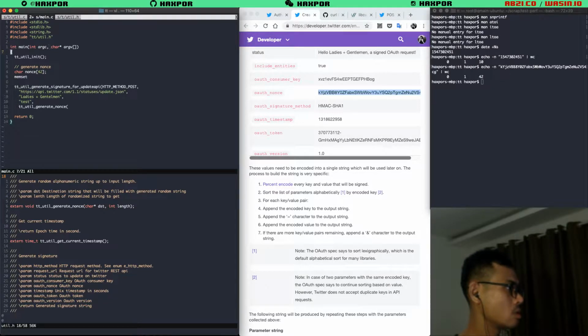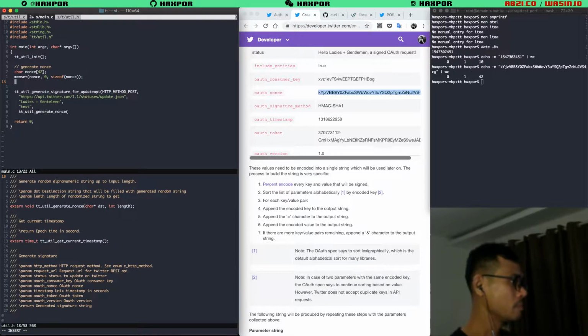String noise, 0, 42. Okay. Generate noise now, with TTU2 generate noise. And destination string is this. Length is 42.